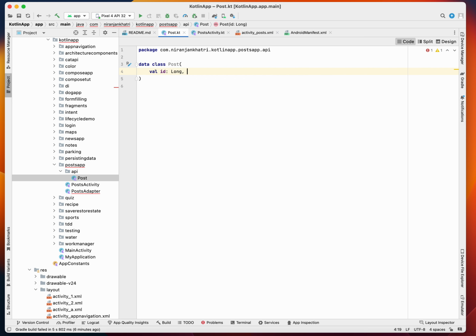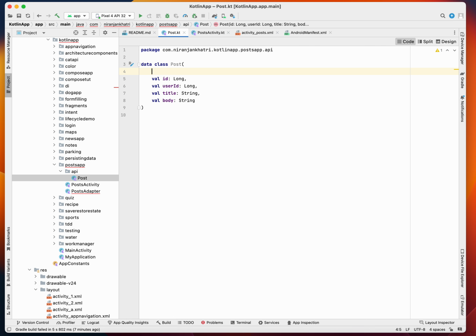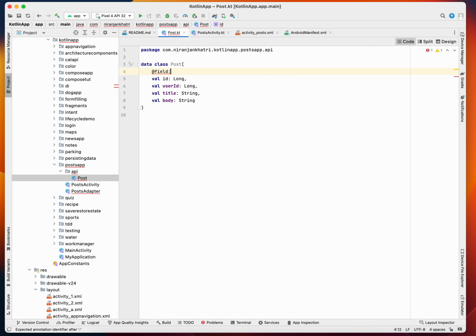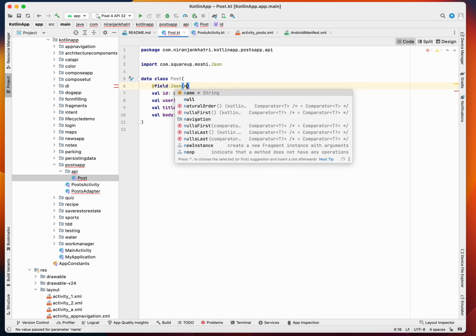The ID is a long, where user ID will also be long, title is a string, we'll have body, that is a string. Okay, so this will be representing our JSON field, and we will be using our